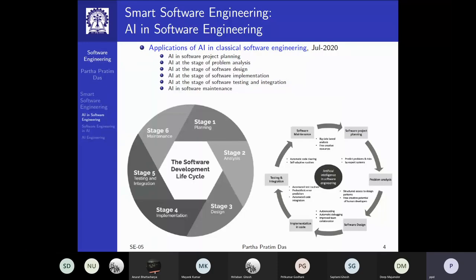I would say that in the last 2 to 3 years there has been a big surge in this, with papers starting to come out somewhere around 2018-19, and even during COVID, and at present a lot of papers are coming out and a lot of activities happening. So if you look at this life cycle, this is what we have done. SDLC on the left: planning, analysis, design, implementation, integration, maintenance, go over that.